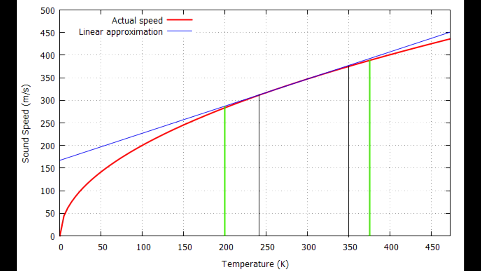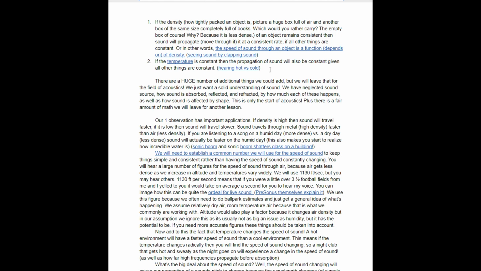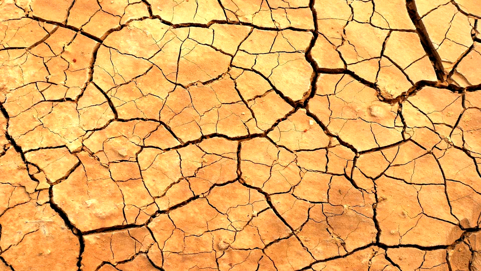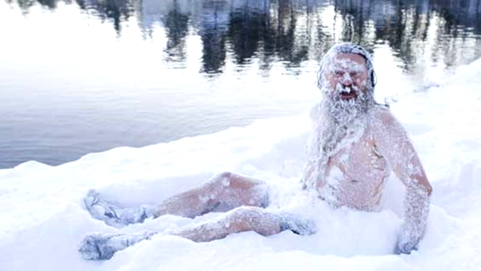Now, the second thing that I want to mention here for mediums is temperature. Temperature is the other thing that can really affect the speed of sound. So if something's hot, it's faster, and if it's colder, it's slower. I linked some videos in the book also that talk about this, and one is a really goofy animation, but basically that's really straightforward. So if you're in a hot desert, your sound is going to propagate faster, and if you're in a cold freezing area, your sound will be slower.